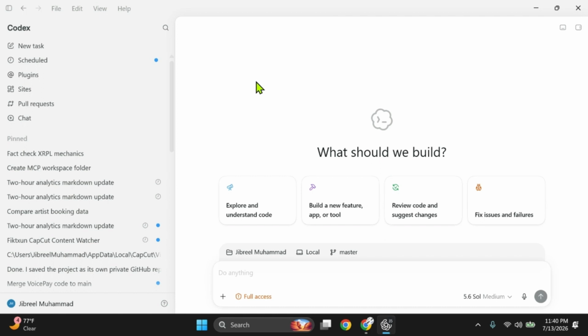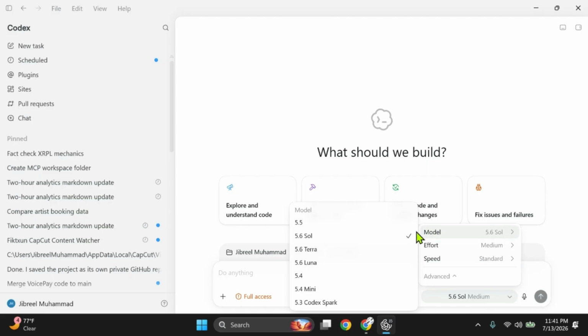Typically, the more powerful the model, the more tokens it uses, because it's going through multiple different phases that you would normally have to instruct it to do on its own. So say for instance, I took this 5.6 model right here, which is the new one, the good one, and I went down to 5.3. Things that I would have to tell this model because it's older.